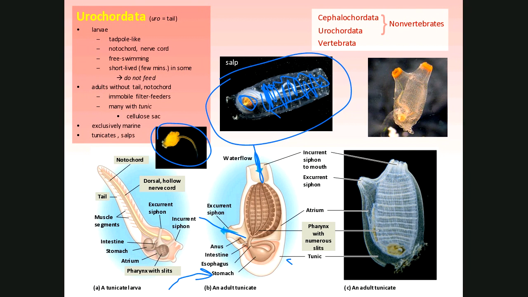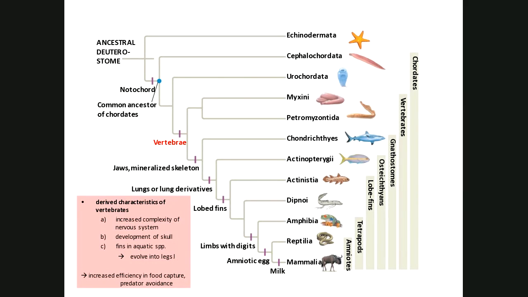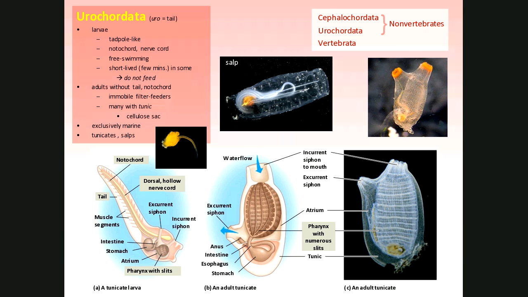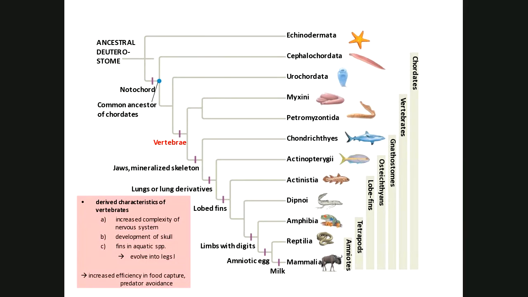All right, so that, along with, like I said, the cephalochordates make the non-vertebrate vertebrates. So now we're actually ready to move into the vertebrate vertebrates, the rest of the group right here. Okay, now, where did we go from the non-vertebrate vertebrates to the vertebrates? Well, increase the complexity of the nervous system. Organisms got bigger and they got more sophisticated. We developed the skull. It goes right in with the development of the nervous system. Because if you develop the nervous system, you're also developing the brain. And if you're developing the brain, you're going to want to protect that brain. So one of the things we get is this development of the skull.